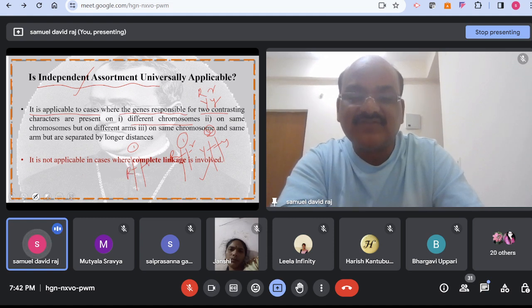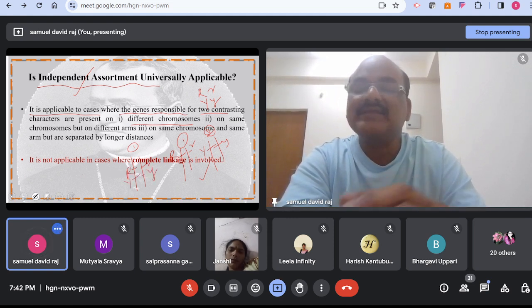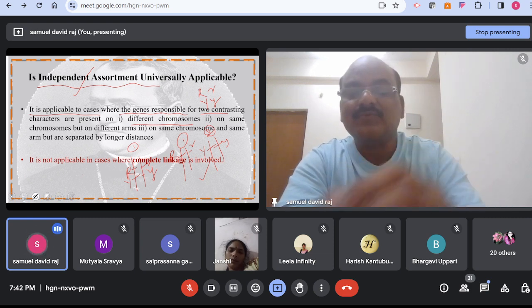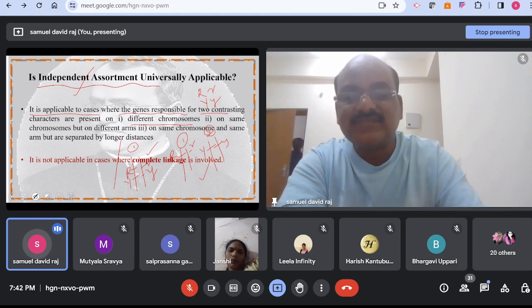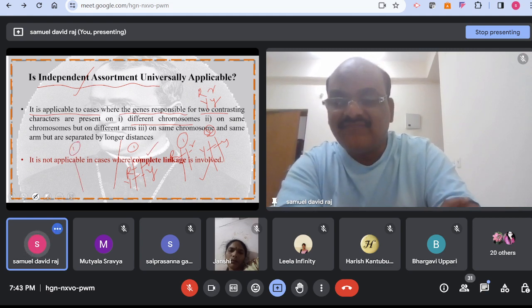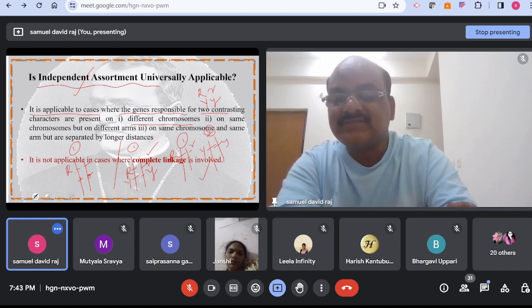But there is another exception. Even if they are present on the same chromosome, if they are present on different arms, this is the centromere, this is the short arm, and this is the long arm, small p and small q. If capital R and small r are present on one arm, and capital Y and small y